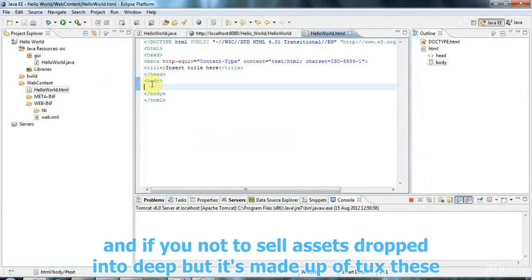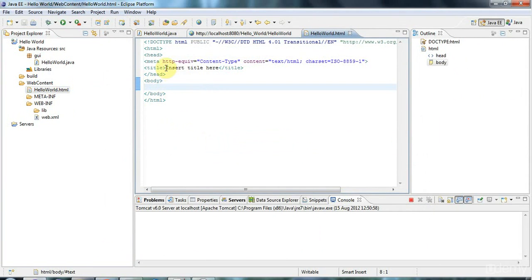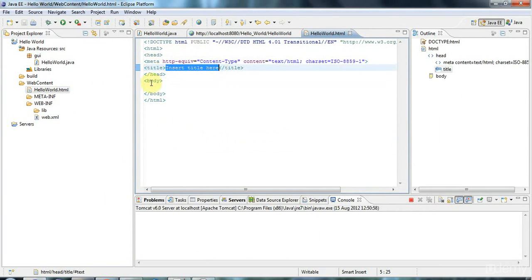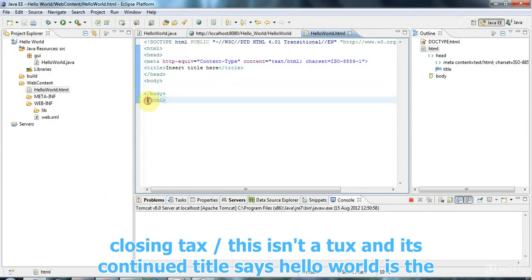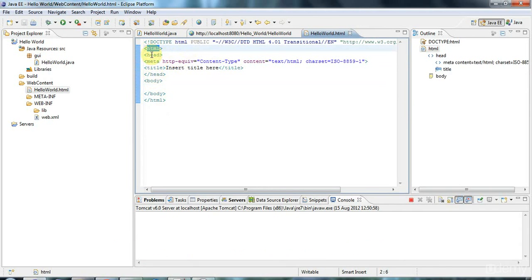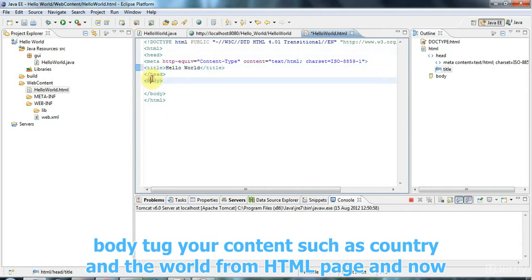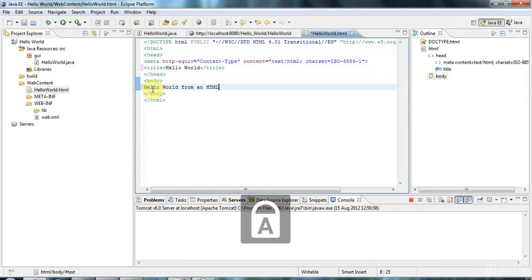And if you're not too familiar with HTML, as I say, this course is going to be a bit like being dropped into the deep end, but it's made up of tags, and these are closing tags like this with a slash, and this is an opening tag, and you see you've got HTML tags, and there's a head area here containing a title. So let's give this a title, hello world, and here's the body tag where your content normally goes. So I'm just going to type in here hello world from an HTML page,